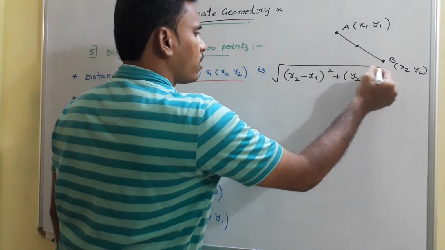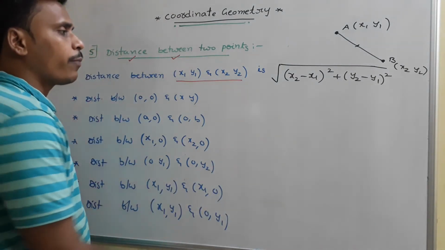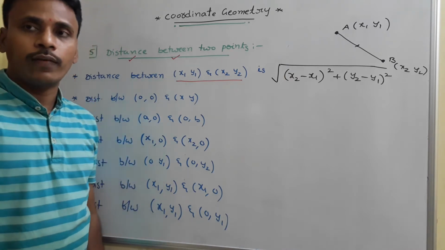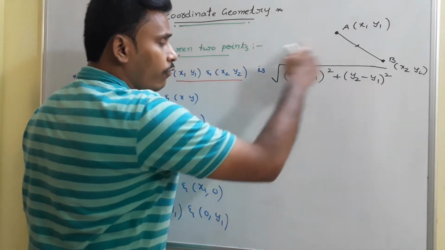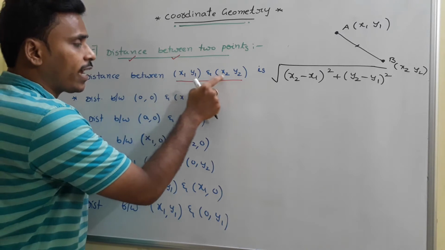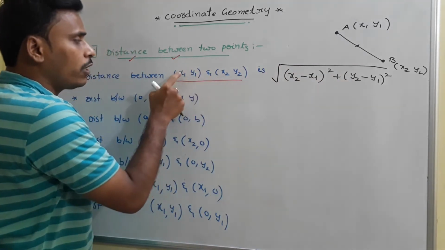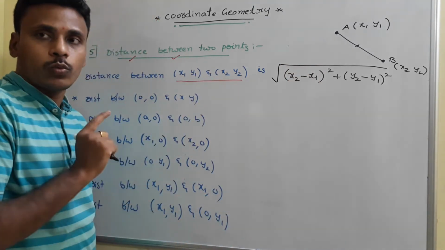I am not mentioning the proof, but the proof is simple, just by the help of a right angle triangle. Okay. Square root of x2 minus x1 whole square plus y2 minus y1 whole square. See, here you just observe, since square is involved in the formula, x2 minus x1 in the sense is the difference between these x coordinates, and y2 minus y1 is the difference between these y coordinates, okay? Difference between x coordinates whole square plus difference between y coordinates whole square, okay?